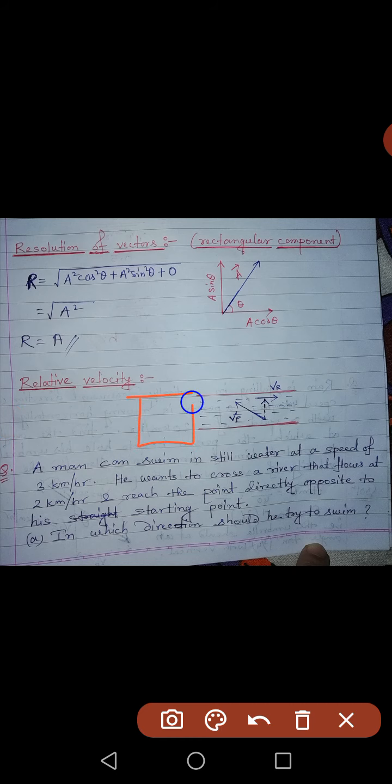Why does this situation happen? Suppose you are sitting inside this train, and the train is moving in this direction with a speed of 60 again. Now there is another train, and this train is not at all moving, it is standing on another track. But since you are moving, it seems like this train T1 is also moving, but in the backward direction. The reason is that you are moving.